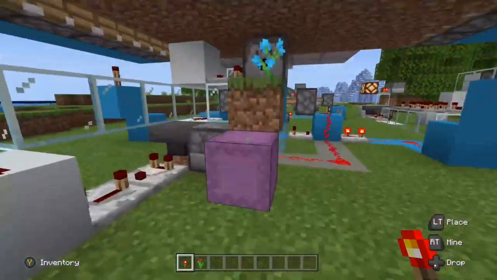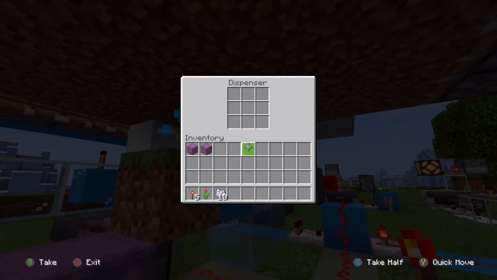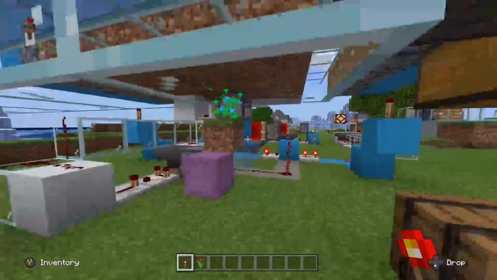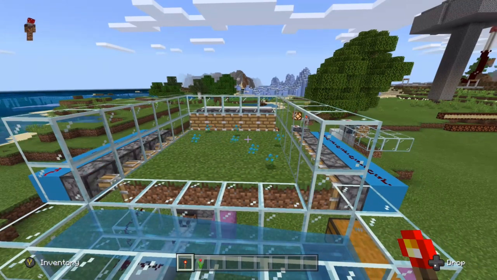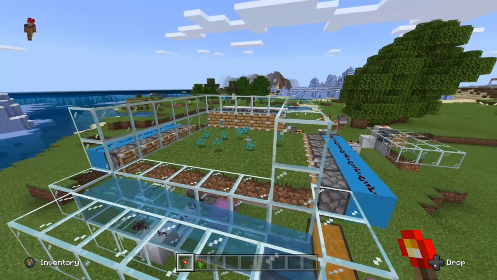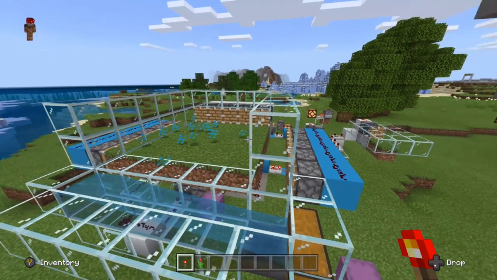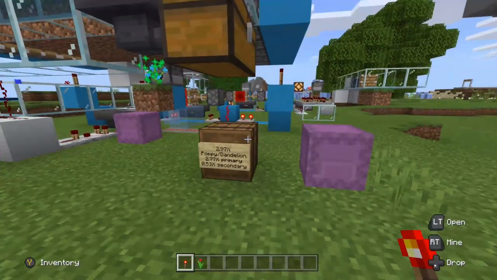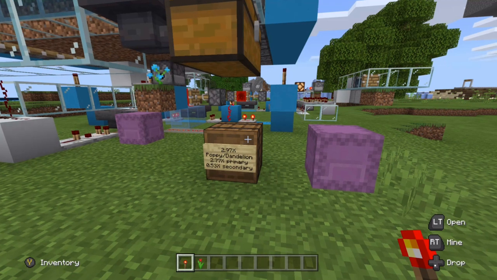Here, let me show it working one more time, just so that you can get a feel of the speed that this goes at. So you can see right after the flowers are grown, the floor gets shifted over, and it gets kicked off. And then once all of the bone meal is gone, it's going to dispense the water to collect all those items. In terms of return, you get somewhere between about 3 to 3.5 items for each piece of bone meal,